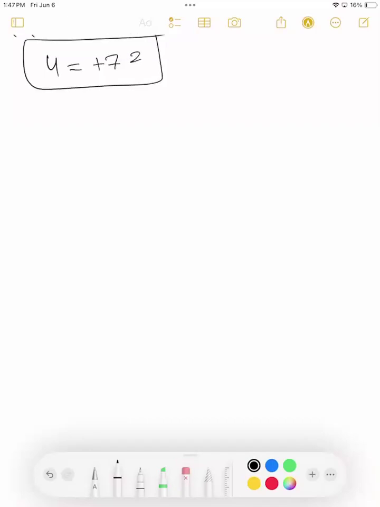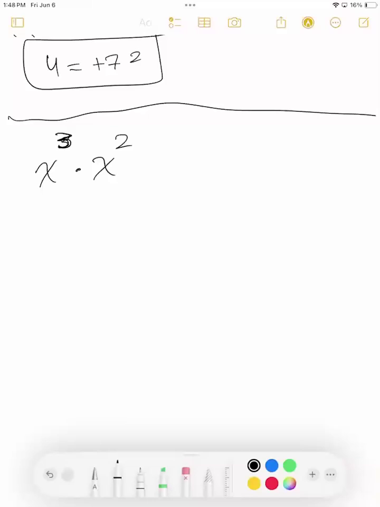So let's see what other things. The next thing you need to understand is the following rule. If you are multiplying something like that, x is a variable, has a 3 exponent, x is a variable, has a 2 exponent, and they're being multiplied. Since you have x and x, you add these exponents, and you write it as 3 plus 2 is x